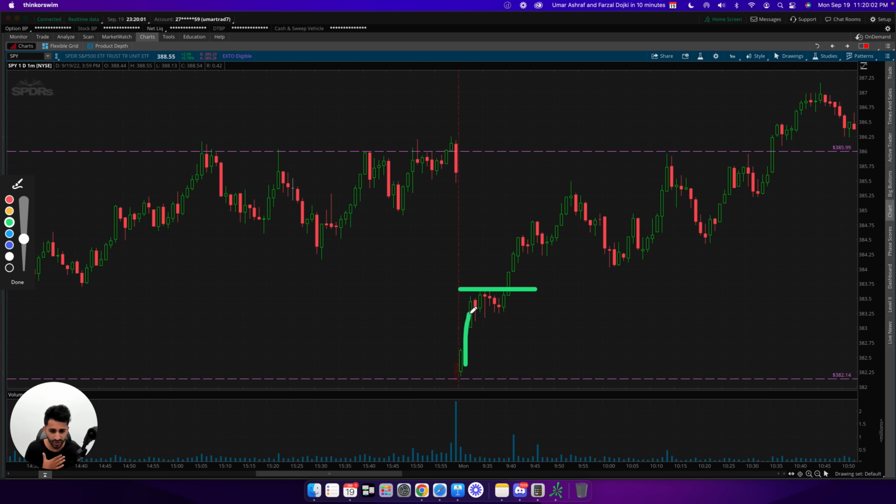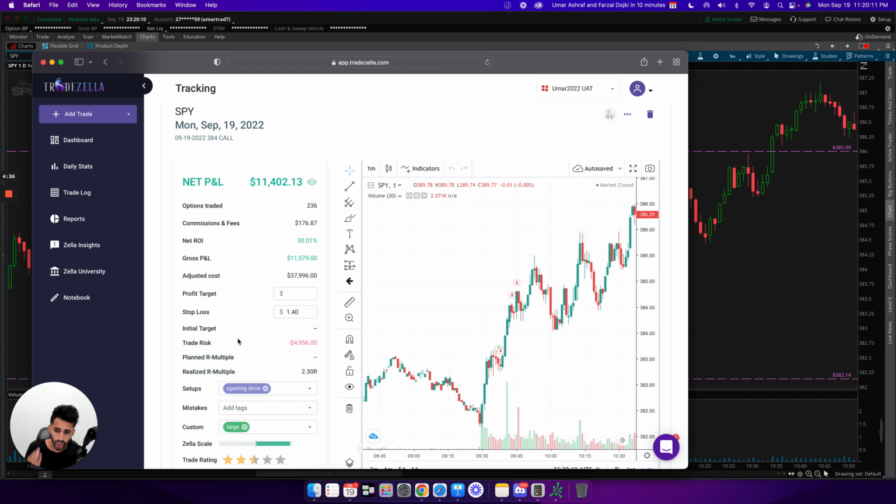I got an opening drive play after getting a nice move up, some consolidation, a breakout. I'm trying to play this breakout with size. Now, going back to the trade, looking at the trade details, there's a 2.3R trade, made about 30% on this trade, right? When I look at the percentages, when I look at the numbers,